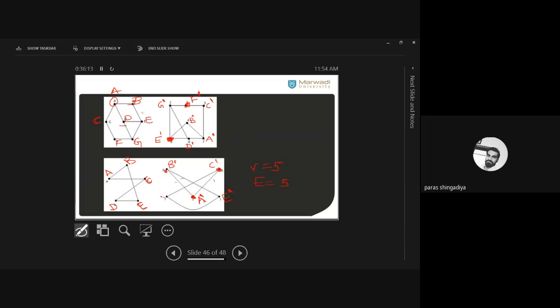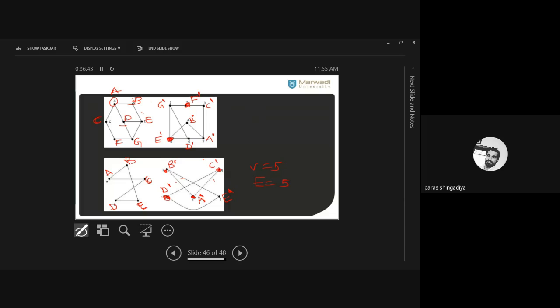And then lastly, E dash is connected with D dash. E is adjacent with D, so here this vertex will be the image of D, D dash. And C and D are adjacent in the first graph, so here C dash and D dash are also adjacent in the second. Clear? So the images of all the vertices exist in the second graph. What does it mean? It is an isomorphic graph. Okay?